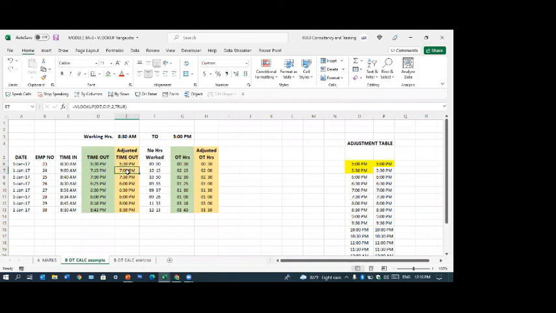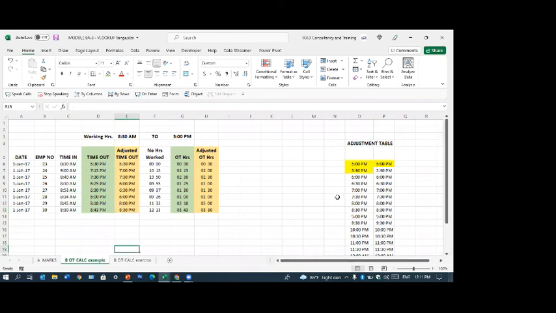7:15 is taken as 7. You can't be calculating overtime for every minute, no. Either half an hour or 1 hour. Normally, most of the companies go on half an hour block. Some companies go on 1 hour. So the guy working for 59 minutes will not get OT for that 59. But if he works another 1 hour, 1 minute, he'll get for the whole day, right? So here, 6:25 has to be shown as 6. 6:30, 6:30. 8:18 has to be shown as 8. 8:43 has to be shown as 8:30. You can do that with this.